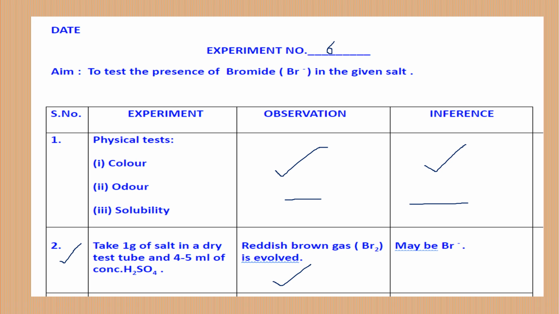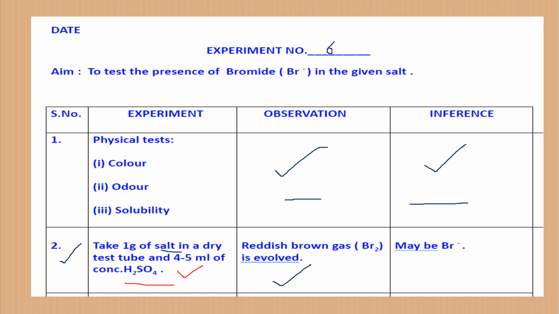So take a small quantity of the salt and add a few ml of concentrated H2SO4 to it. Now in this particular group where I am saying that this is the concentrated H2SO4 group, chloride, bromide, iodide, nitrate and acetate, the first chemical test will be exactly the same, only the observation would be different. The experiment that you have to carry out would be the same. Everywhere you will take a small quantity of the salt and add concentrated H2SO4 to it. So that's why this is common.